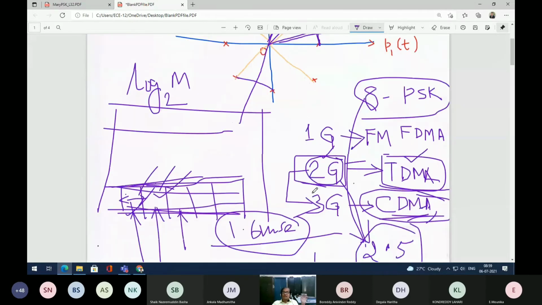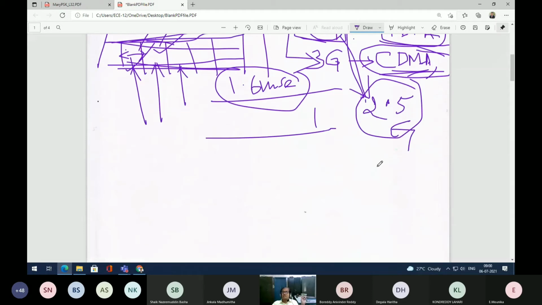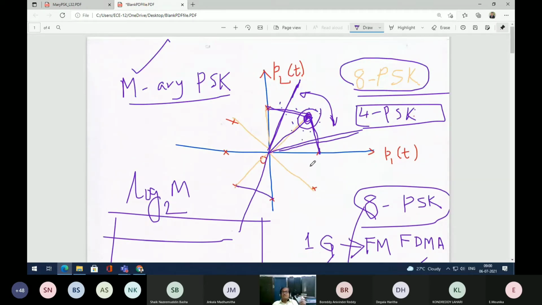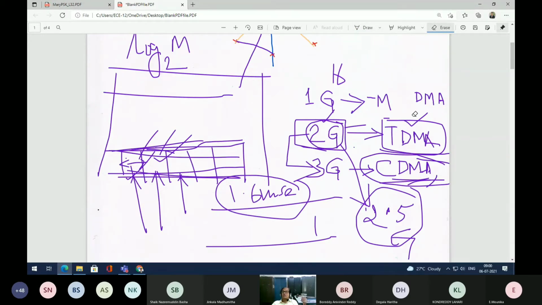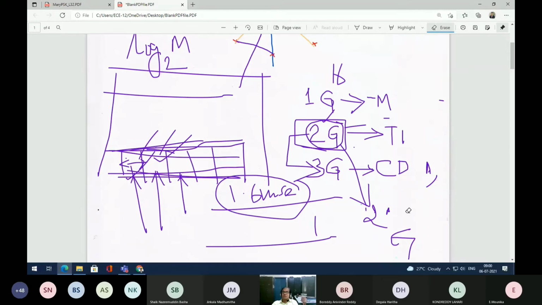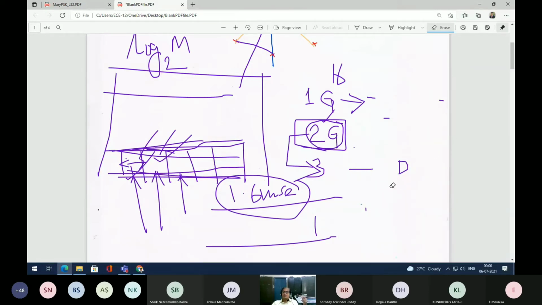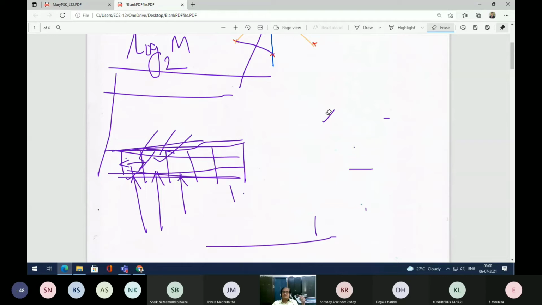So M-ary PSK was used in 2.5G standards; this is a modulation scheme which can accommodate more number of bits. Okay, 3 bits, and even 16 PSK is also used in 2.5G. But after that, the number of errors is going to be more and more. They tried 32 PSK, but the number of errors was higher, so they stopped it. Up to a maximum of 16 PSK they have used, but 8 PSK was comfortable in 2.5G.